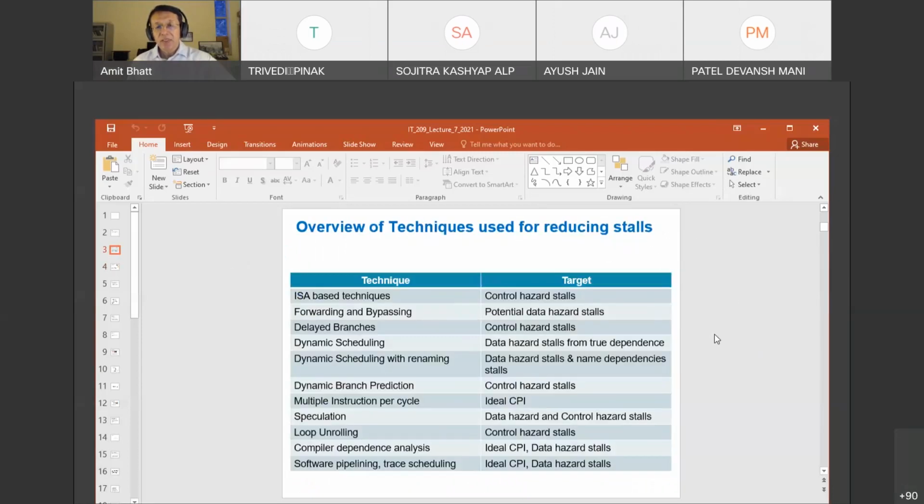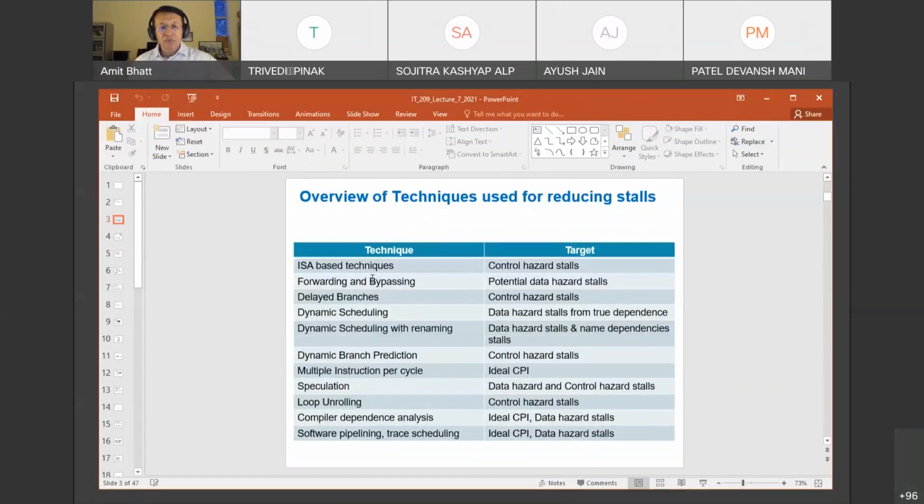Yes, sir. Okay. So in the slide, we came up with several ideas. The first idea was something we studied when we studied ARM, and we talked about ISA-based techniques. So in instruction set architecture-based techniques, you must have seen that in ARM architecture, you have got